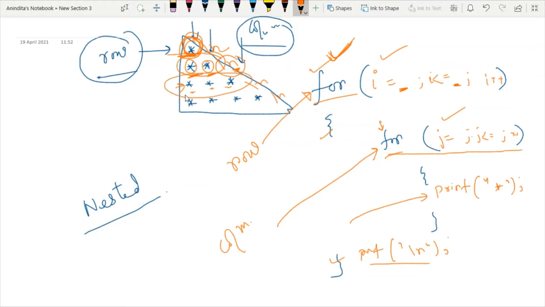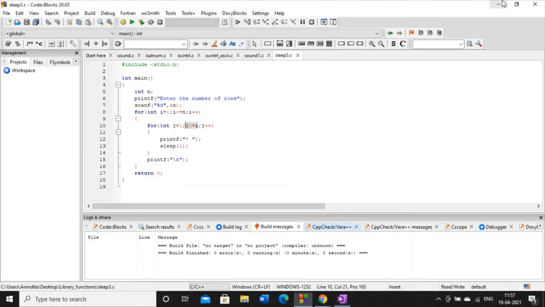In the third row, we have three columns. So what is the number of columns? It is defined by the number of the row, and the number of the row is tracked by this variable i. For that reason, j is less than or equal to i. So this is the simple pattern, and this is the simple concept of nested loop where we can print stars.